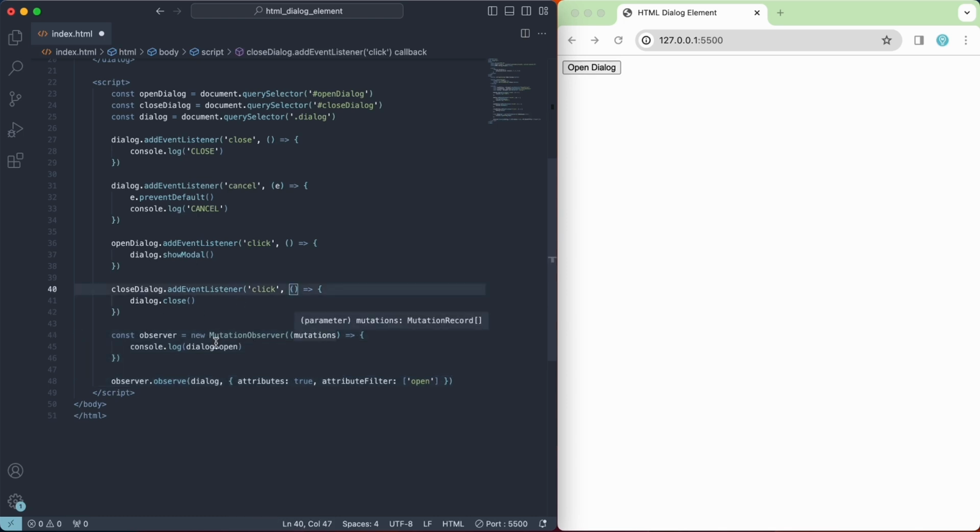And inside this callback function, we're showing on the console the open property of the dialog element, which is a Boolean value reflecting the open HTML attribute, indicating whether the dialog element is showing on the page. And here we want to observe only for changes on the dialog element. And for the options here, we want to watch for changes on attributes. And we're adding a filter to only watch for changes to the open attribute,